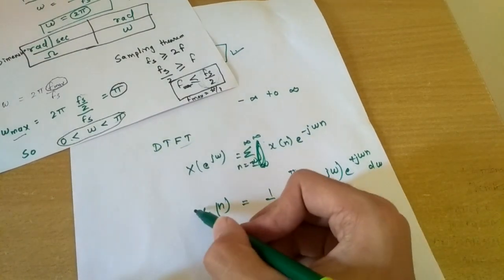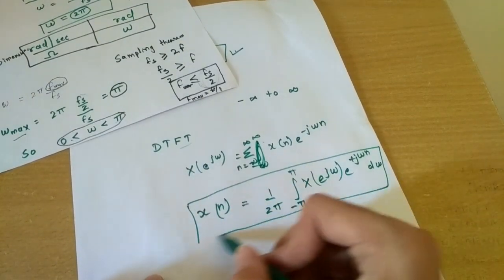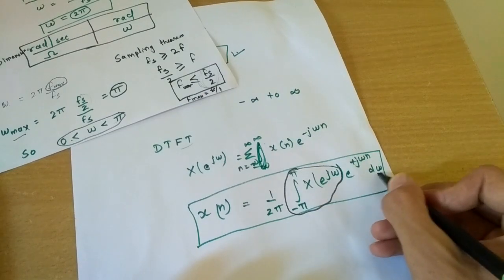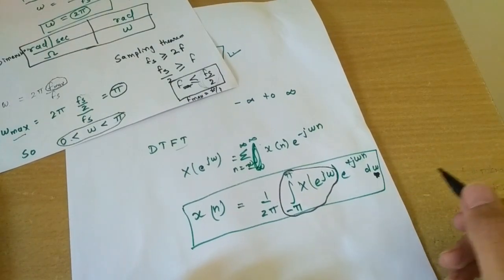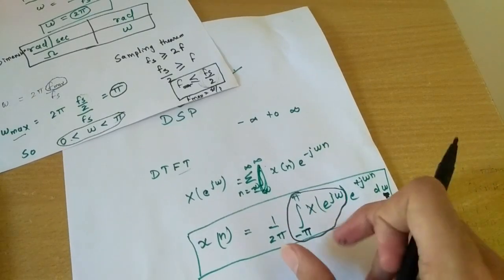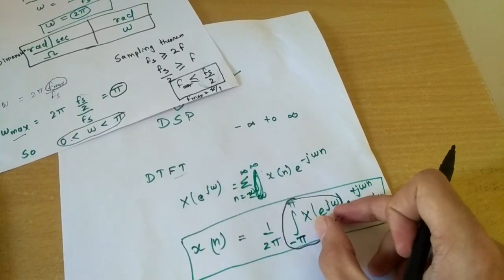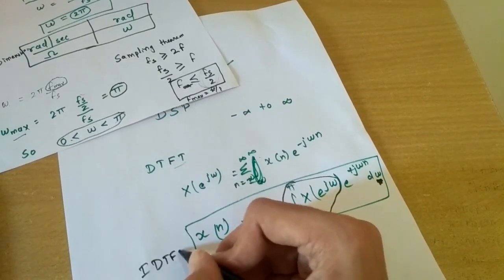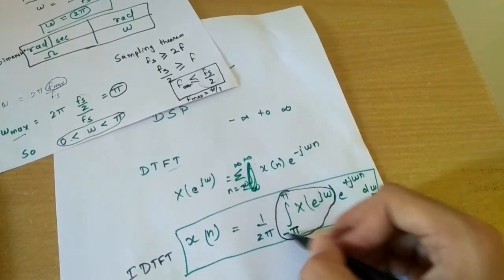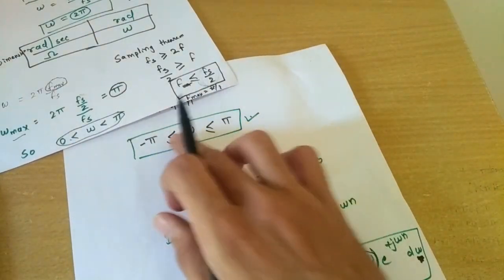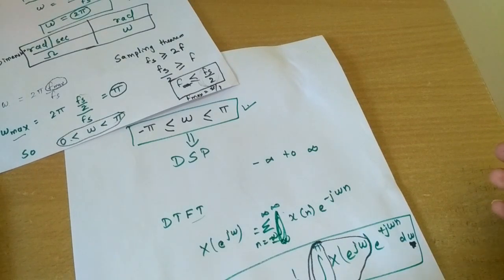So this was the case for the inverse Fourier transform, and this clearly indicates that our omega ranges from minus pi to pi, because this integration is with respect to omega. This was the reason why we call this X of the DTFT, and this is the IDTFT. Why do we consider this in the range from minus pi to plus pi? This is because of this derivation that we have just performed. So I hope things are clear, okay, as compared to before.